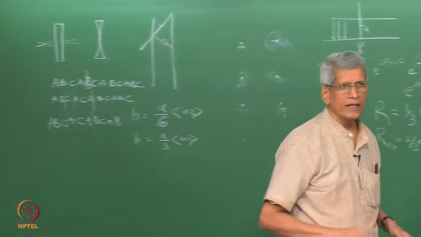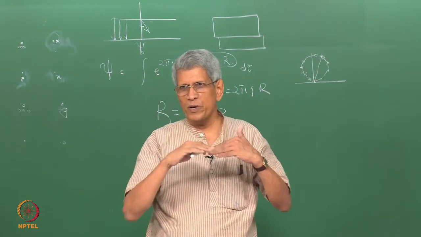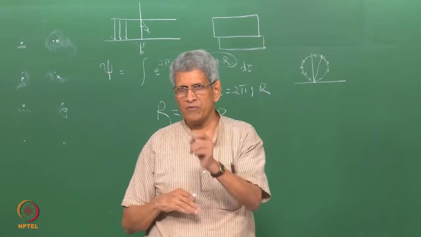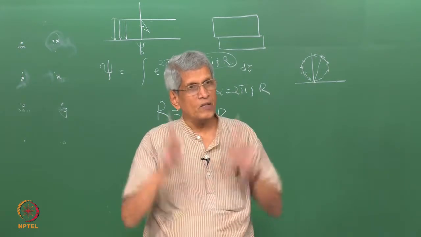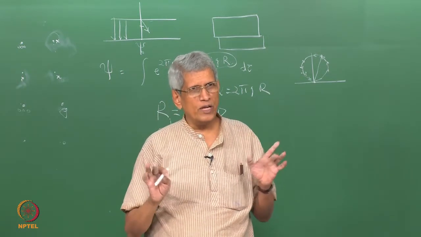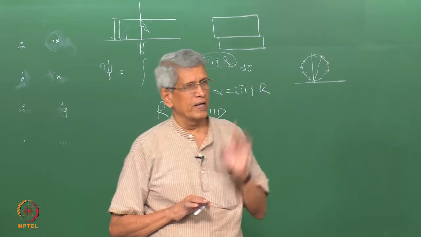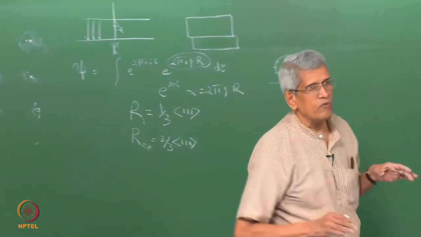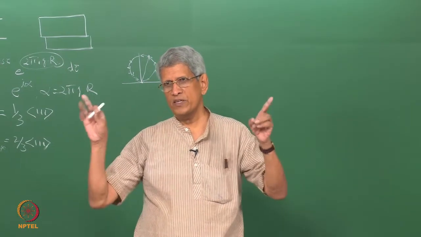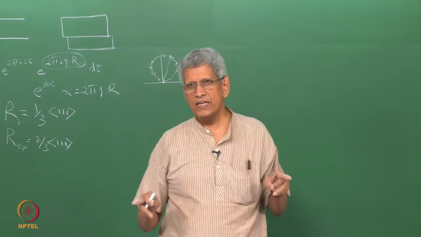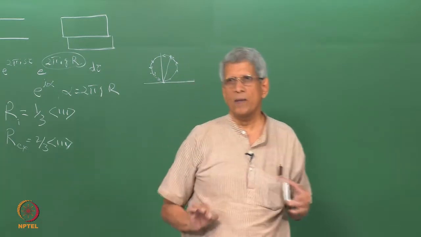But if I remove a layer that is equivalent to a distance which is going to be a by 3 <1 1 1>, that is what the Burgers vector of the Frank dislocation is. So, either having a Frank dislocation or this one, the same type of fault is created. Two types of dislocations could generate the same type of stacking fault. By identifying the stacking fault, we will not be able to make out which dislocation has caused it. Only when we analyze the dislocations which are bounding the stacking fault, then we can tell which type of dislocation caused the stacking fault to occur in the sample.